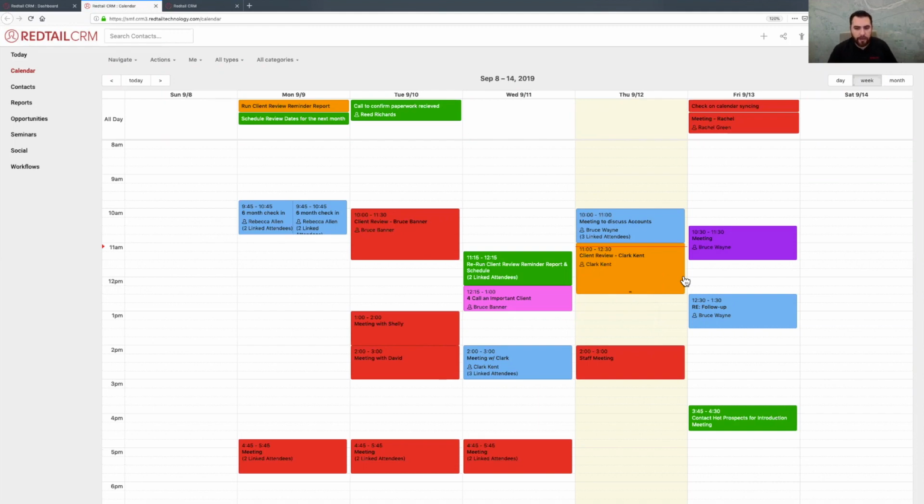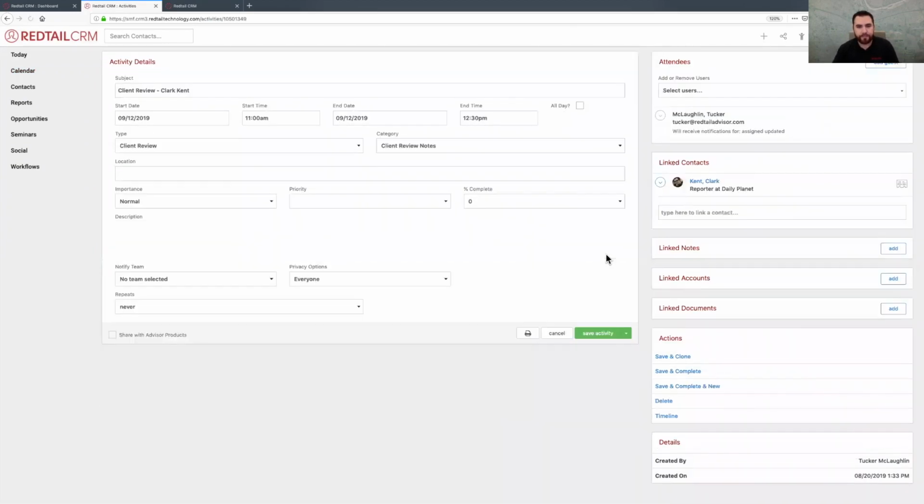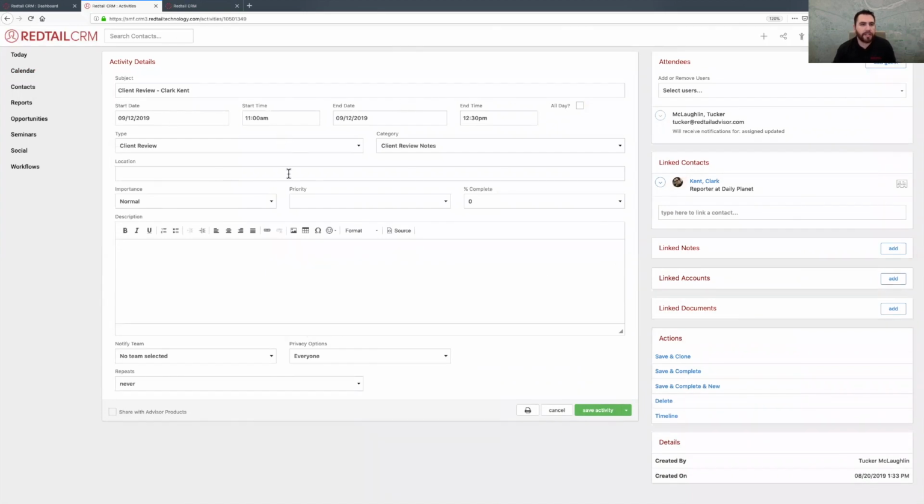Now, I don't know why, but he always seems to be running into trouble. So he actually has to reschedule quite often. So what we're going to go ahead and do is go into this activity. And again, you're going to see that it's pretty much populated. It's got a start date and then a start time. The activity type is going to be client review, and the category is